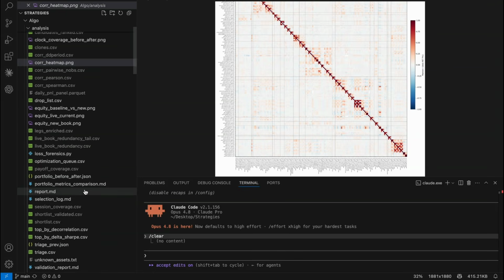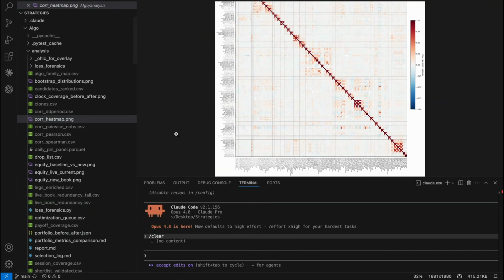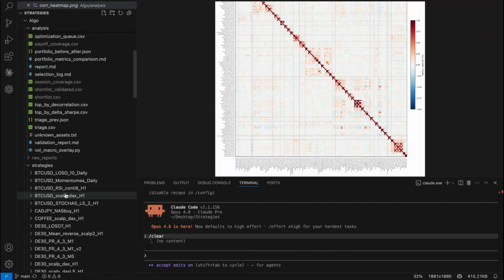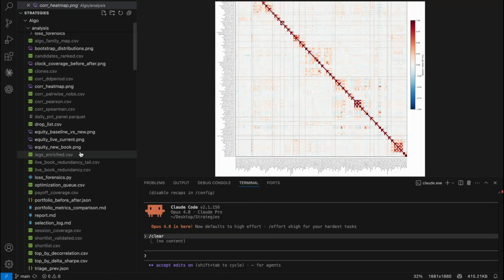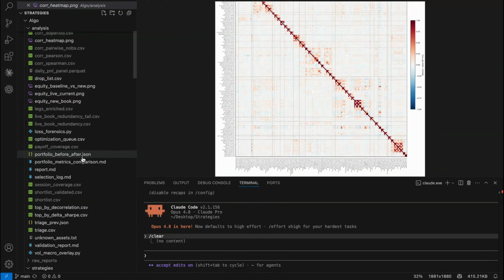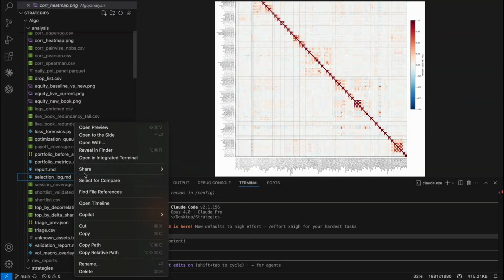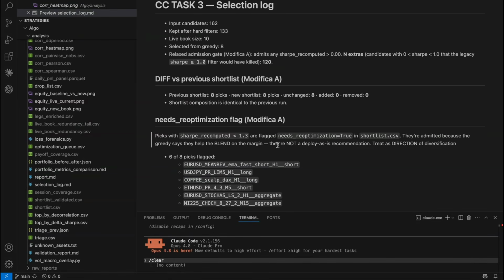There are different engines. I'm not going to show you all of the engines, but there is an engine that takes the HTML link, copies it, and builds this folder here for each strategy. And then the analysis builds this and the equity line, the baseline versus the new one, etc. And then this is the selection log. That's the one I want to show you, because the main goal of this leverage point was to find, and now I'll explain to you why this is a leverage point.